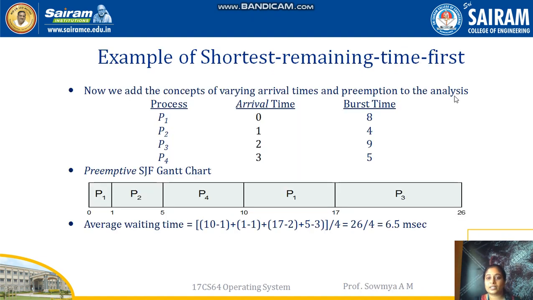Next one is shortest job first with the help of arrival time. So we have the concept of preemptive and non-preemptive. If a process is allocated for execution and does not shift from one process to another until it completes its execution, we call it non-preemptive, and then the preemptive version.